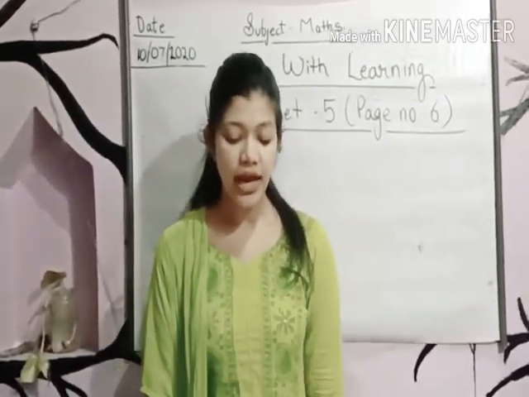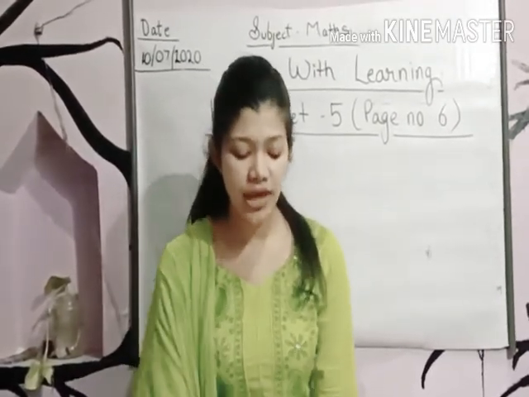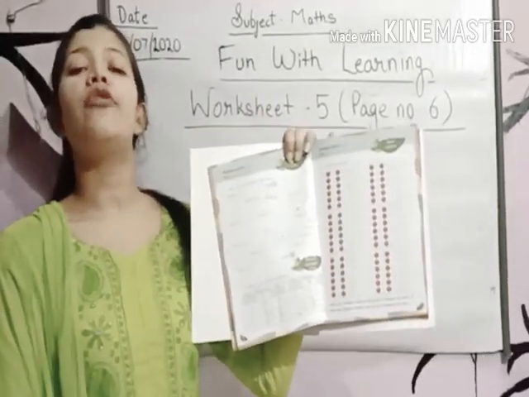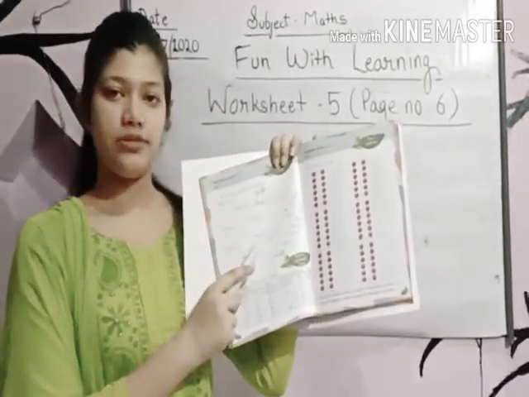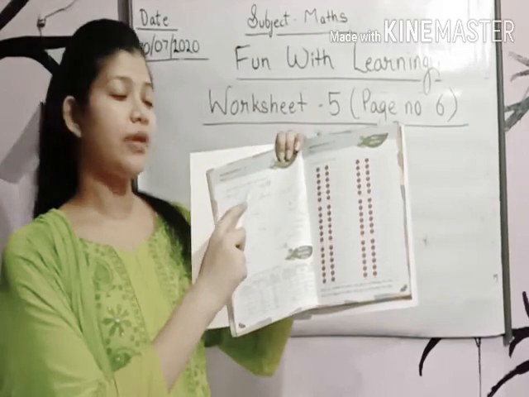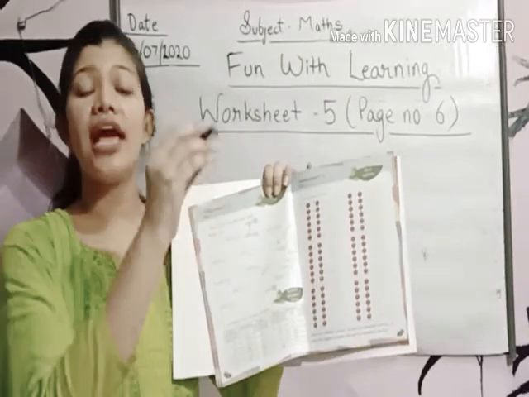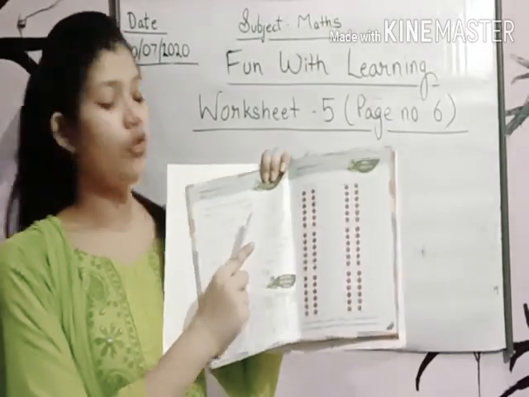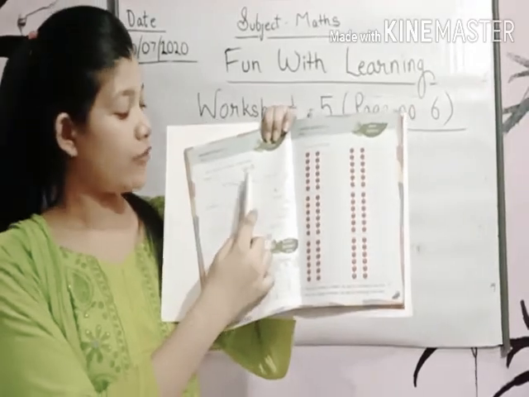Now see, add and join the dots from number 1. As you can see, so many sums are given over here. First you have to add these two addends and find the sum of every question. After finding the sum, you will write each sum in the given box. Then you have to start drawing the line from the very first dot, that is 1 plus 0 is equal to 1. This dot. You have to start from here.